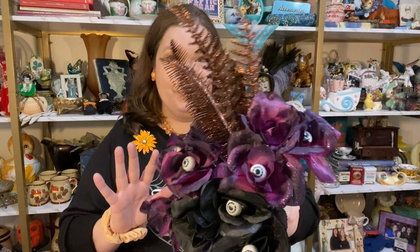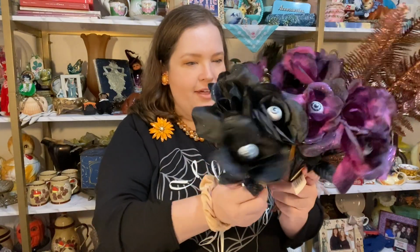He is going to be so cute on a tiered tray. So my last dupe is the spooky floral items. They do have the flowers with the eyeballs, so you can get spooky floral accents for a much more affordable price. I think all these together, I got